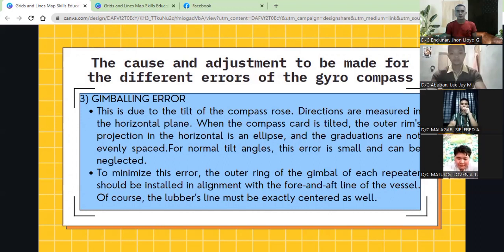To minimize this error, the outer ring of the gimbal of each repeater should be installed in alignment with the fore and aft line of the bezel. Of course, the lubber's line must be exactly centered as well. So the cause of gimbaling error is taking readings from the compass card when it's tilted from the horizontal plane. The adjustment of gimbaling error is to minimize this error. The outer ring of the gimbal of each repeater should be installed in alignment with the fore and aft line of the bezel. Next,